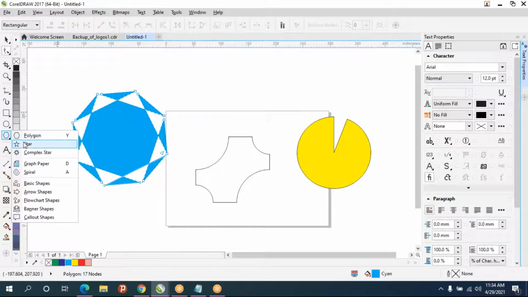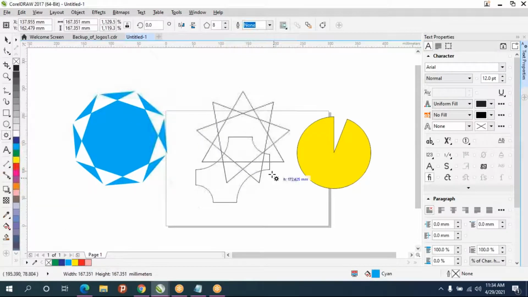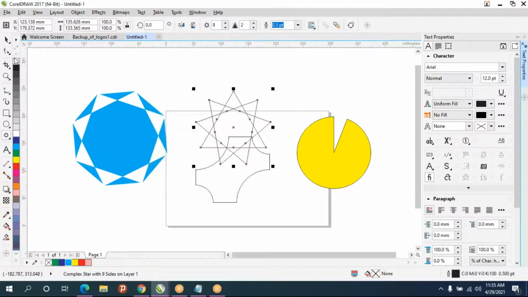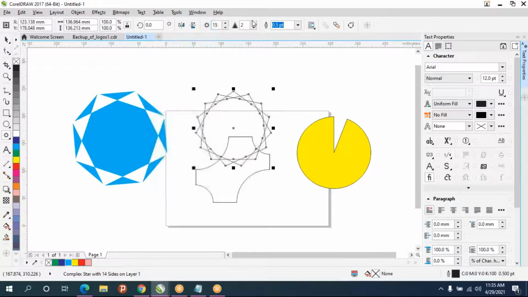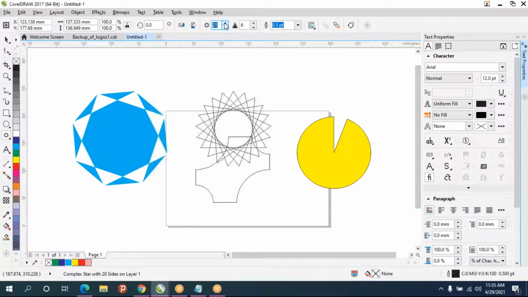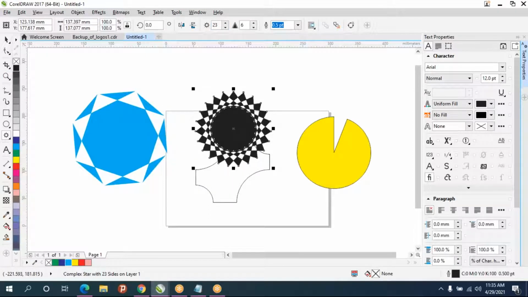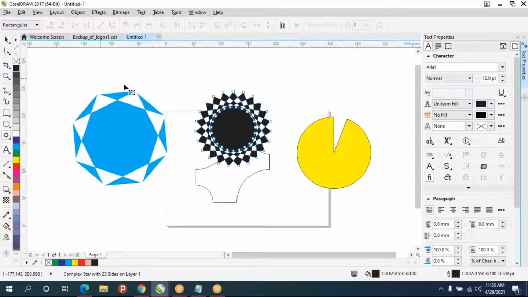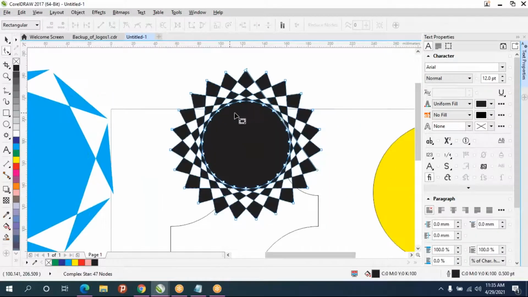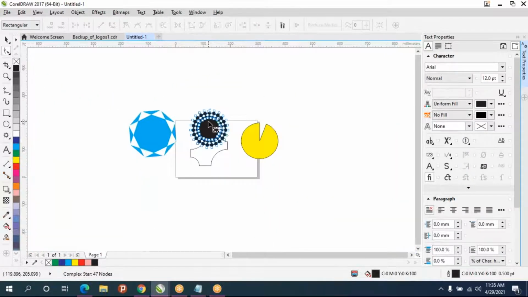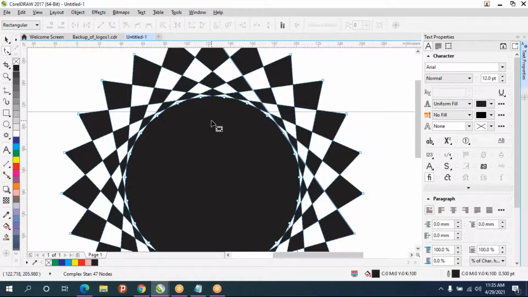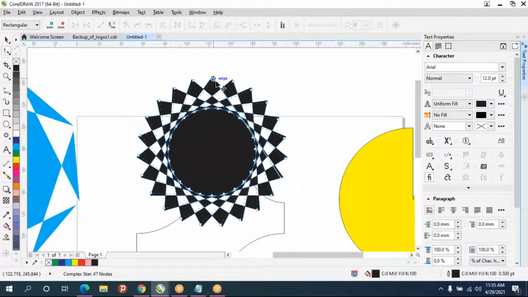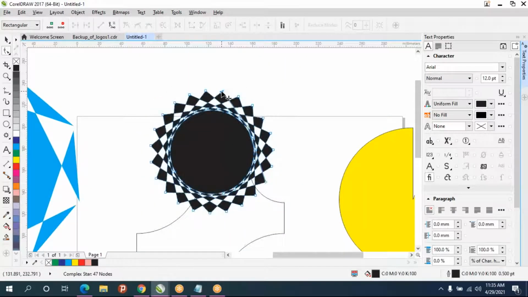And after that you take a complex star. For that also it is different. Increase the sides. Give some color for this. And now you take the shape tool and adjust these values.